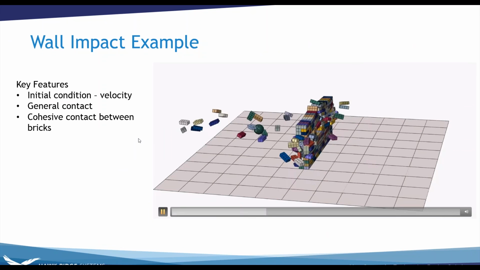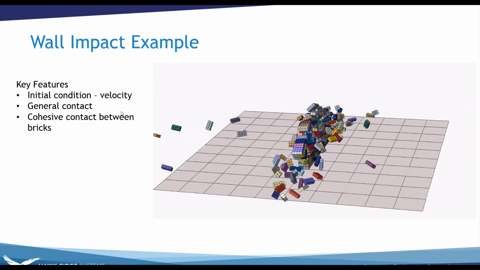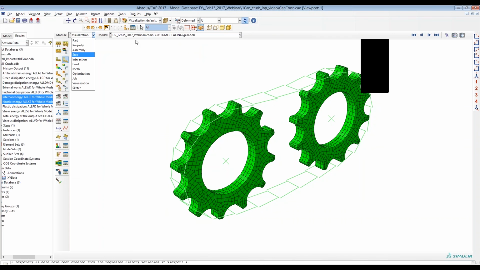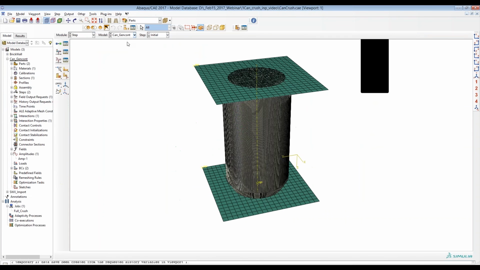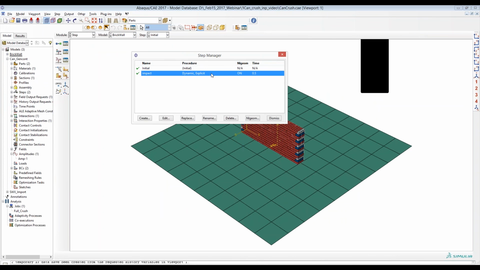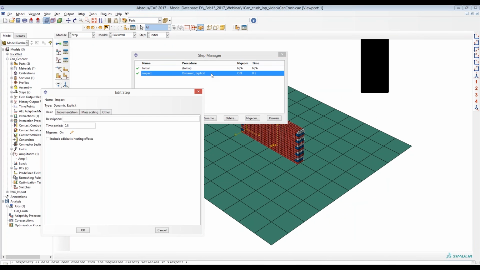Again, the brick wall is an explicit dynamic analysis. This one I run a bit longer than the can, for half a second, so we can see what happens when that ball gets further out and bounces. Another thing I'd point out is that there's no mass scaling in this one since we are considering a highly dynamic event. I didn't want to add any inertial effects,